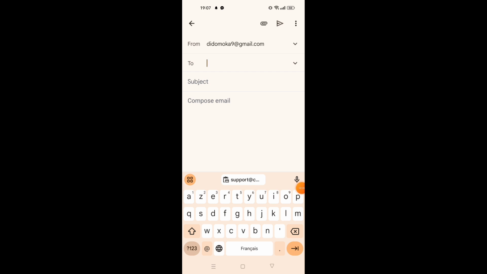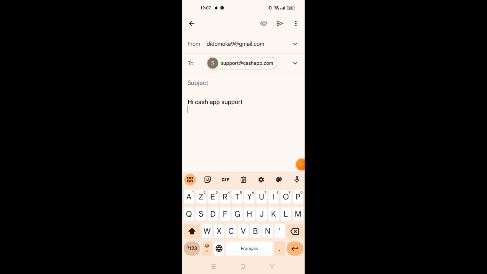Then go to email or Gmail. You go to Gmail, go here and click on compose. Then what you're going to do, you paste the email of Cash App support team. Then right here, write: Hi Cash App support, please,